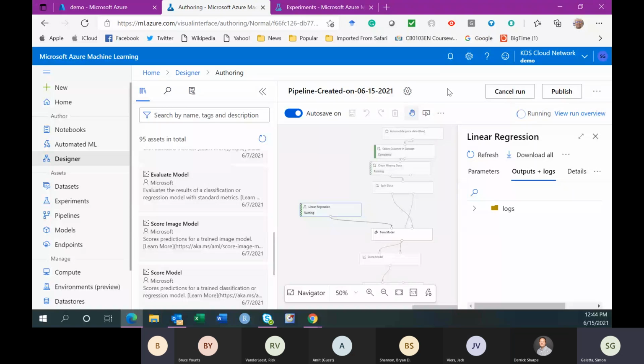Selection has completed. Now clean missing data. Okay, split.